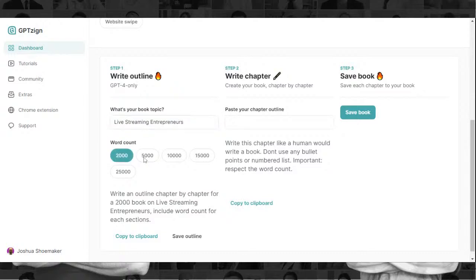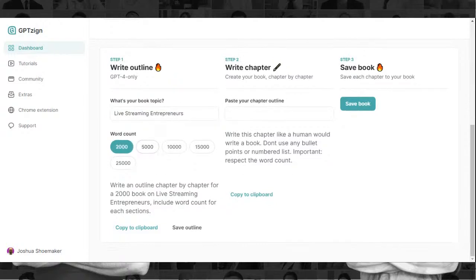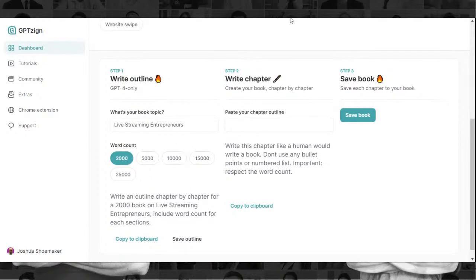We'll just do a small one so it goes fast. So you see it's write a chapter outline. So you copy this to the thing. It's created the words for you. Then you go back over. Okay. Boom. There you go. Now, there it did. I hope this outline works.